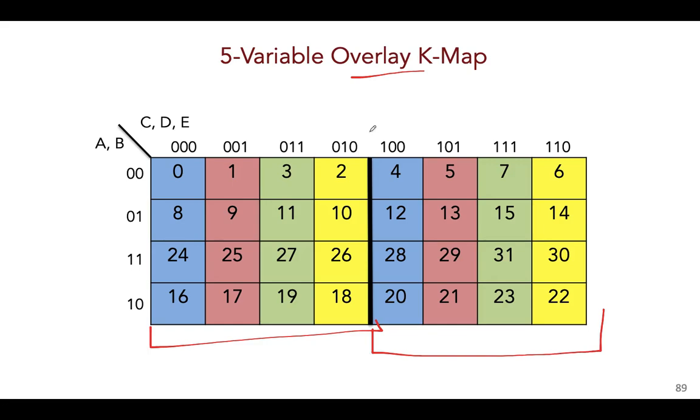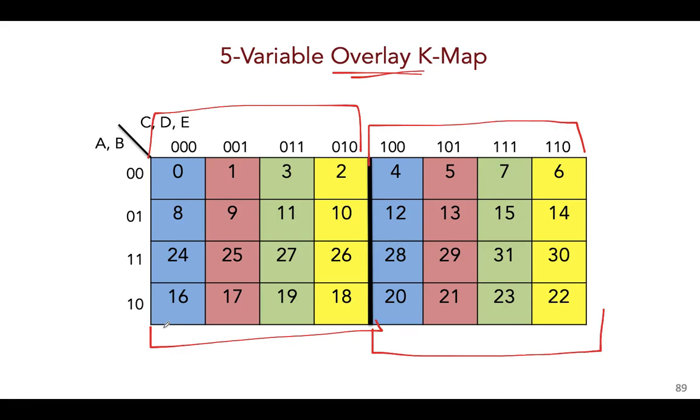So suppose you take out this half of this overlay map, and then you put this on top of this one. That's why they overlay on top of each other. That's why it's called an overlay K-map. And again, this coloring I've done so that you can try to get an idea of which cell is adjacent